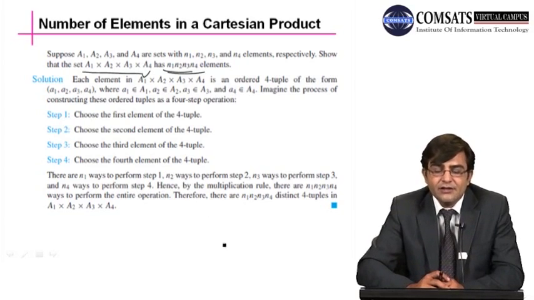Because n3 is the number of elements of A3. Similarly, the fourth element of this ordered 4-tuple can be chosen in n4 ways. So